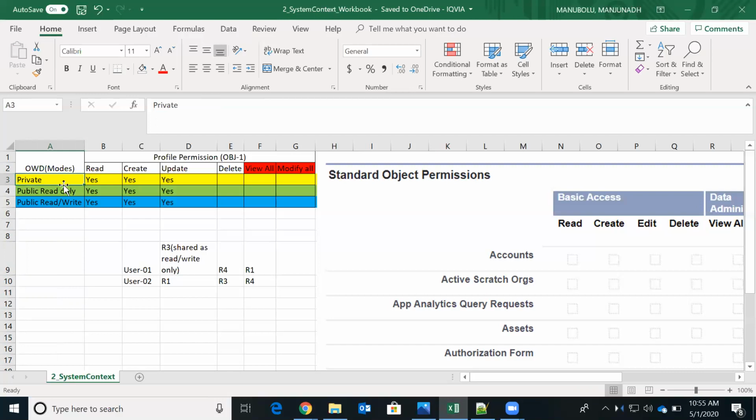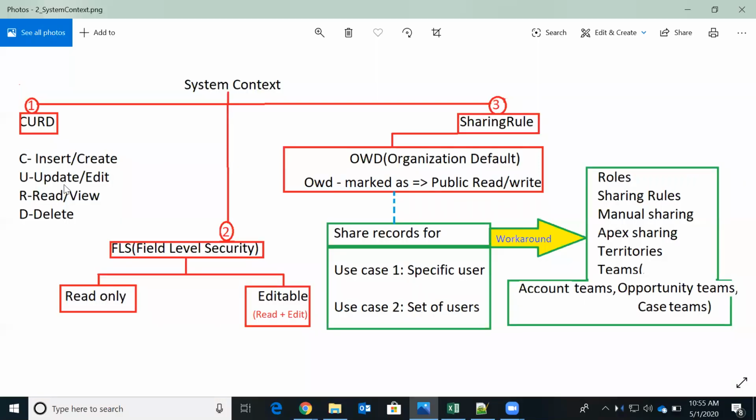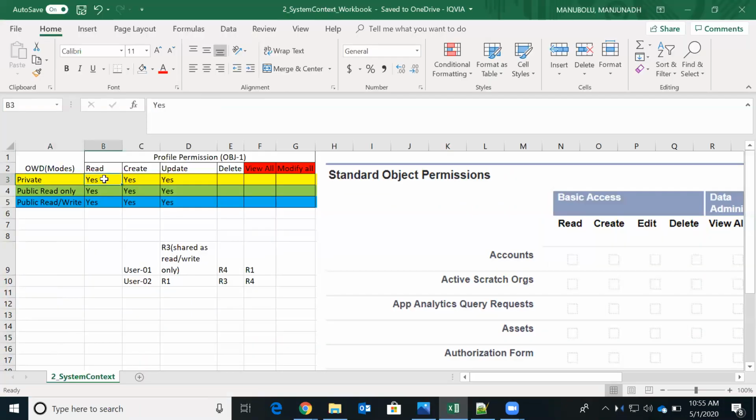If OWD is private, and let's say a requirement came, we understand that he'll be able to see only his records. User one is able to see only records created by him. He's not able to see records created by user two.